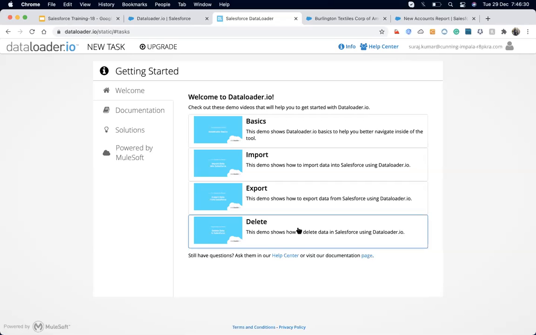It means we just make the connection from their system to MuleSoft and from MuleSoft to Salesforce, and schedule it. It might be on a daily, weekly or monthly basis. It will export all the data from their legacy system and import the data into Salesforce. So that kind of thing also comes up in terms of data migration. So usually data migration is needed when we have just started Salesforce.